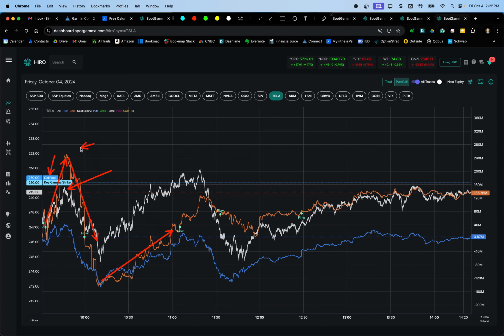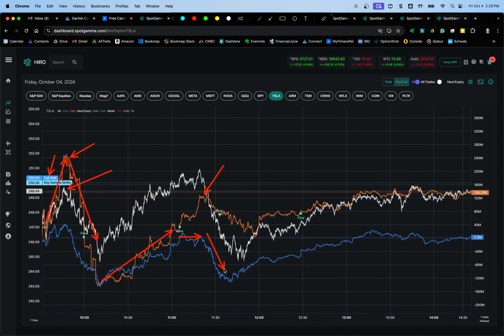So this was the first call peak pattern before 10 a.m. Second call peak pattern. A little bit of a leading indicator here with puts. They stop selling puts, start buying puts, and just about a minute or so later, they start selling calls. And that quickly changes again. Start selling puts, buying calls, price moves higher, up and down again between 245 and 250 today,